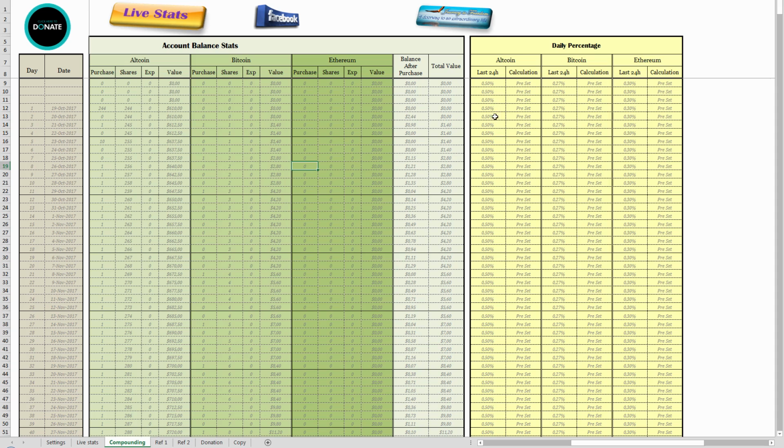And here you can see the daily percentage which you have chosen in your settings sheet, or if you start to fill the live statistic sheet according to what you have in your account, you will have real written here. So you have 2 possibilities. Actually, you have 3 possibilities here. If you change the number